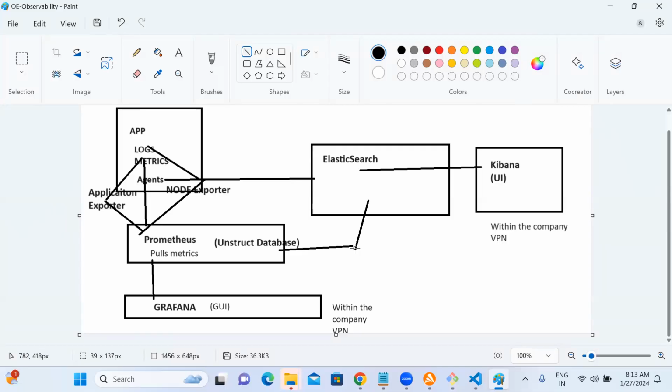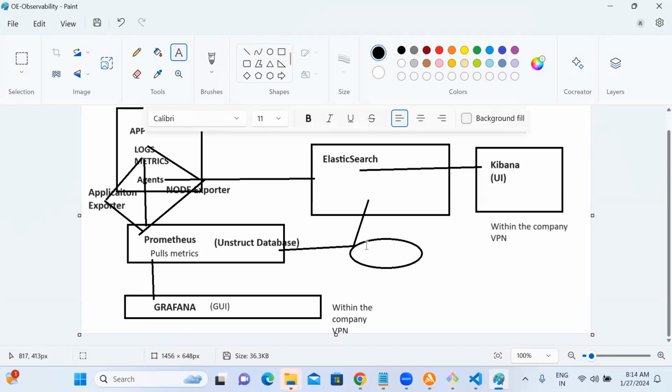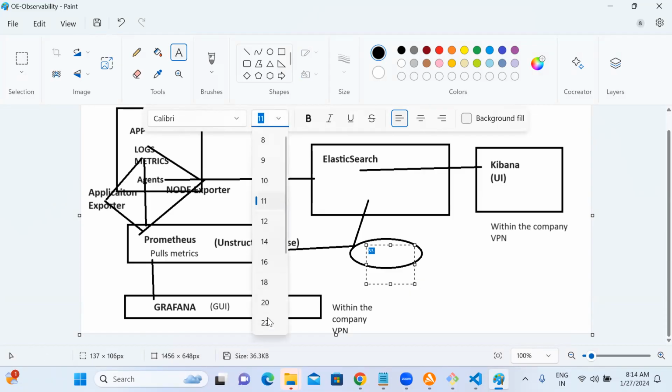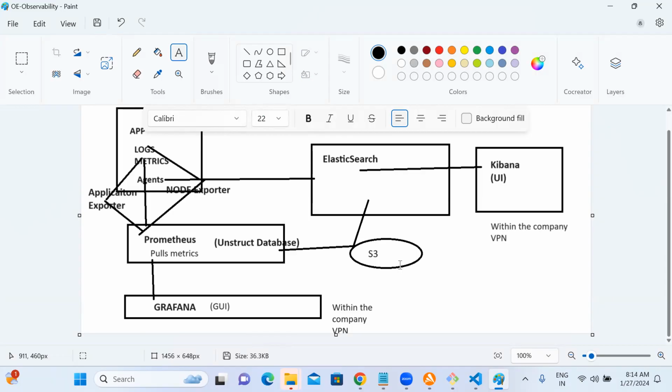You can send this data to S3. They have a feature for backup. For example, if older data is not being used now but in future I may use it for data science purposes, then they will ship it to S3.